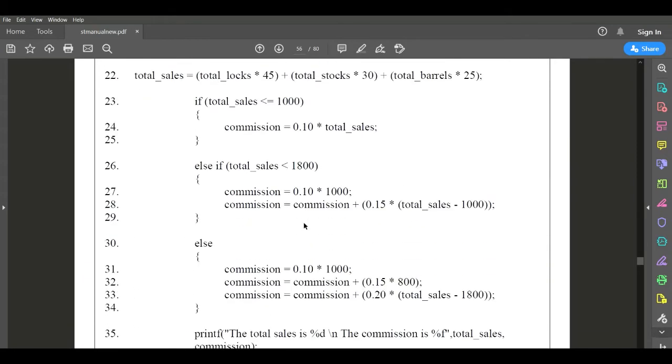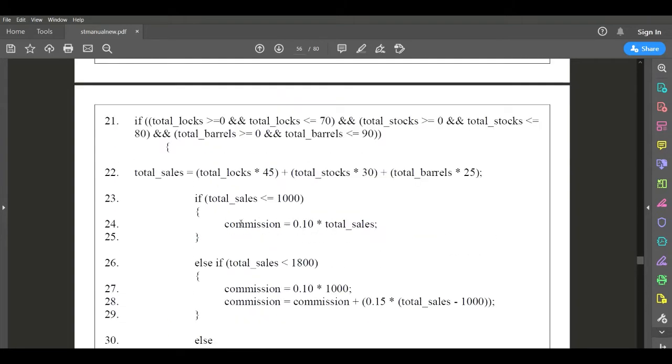So it is defined with some value in line number 22. Now after calculating these values, I am going to get the new value that is assigned to total sale, where we are using it the first time, which is line number 23.